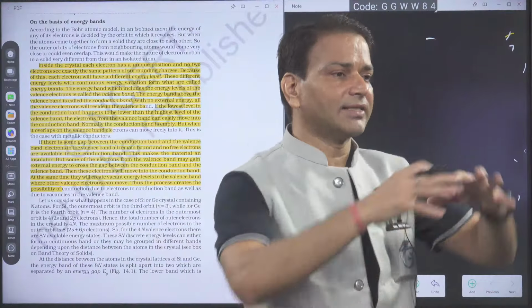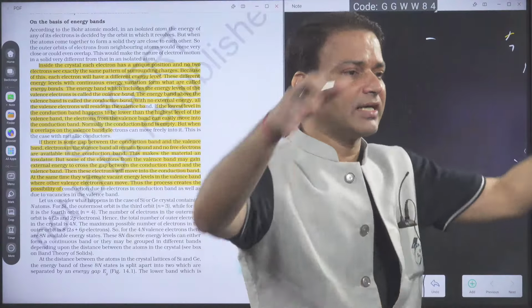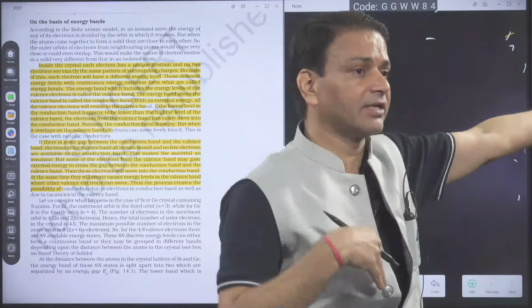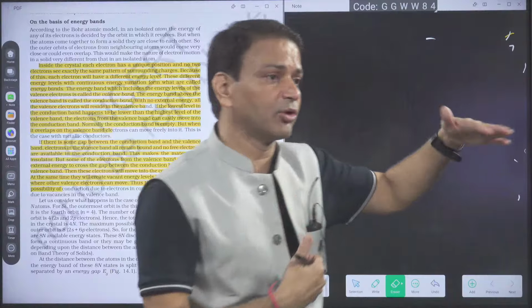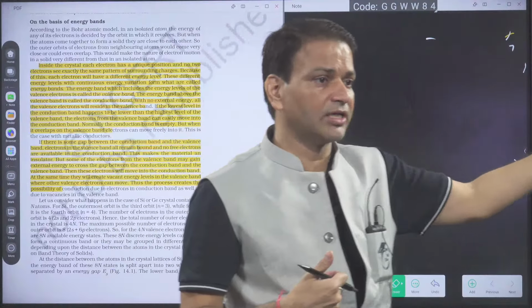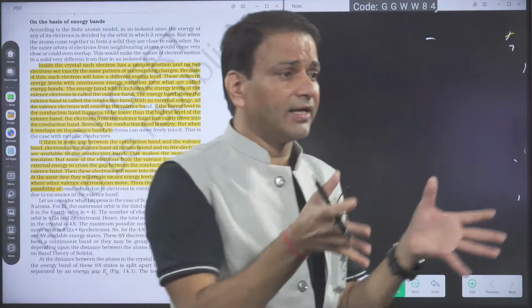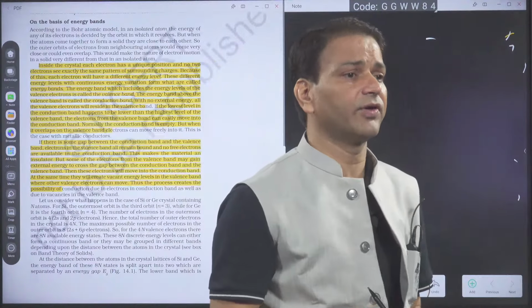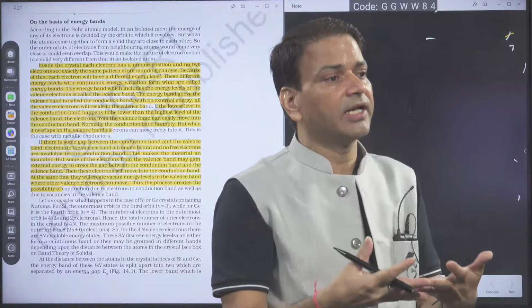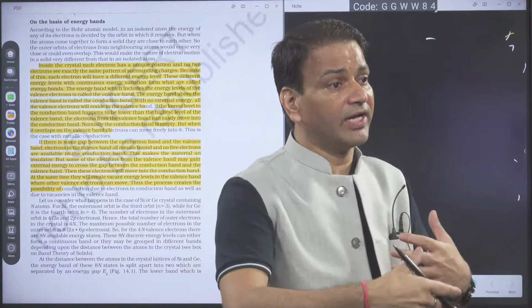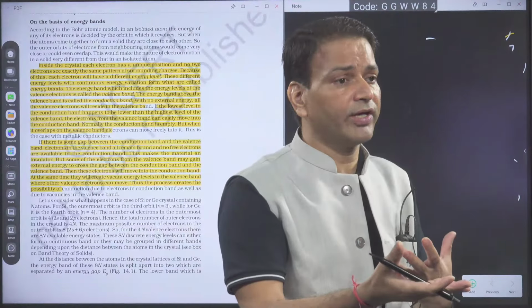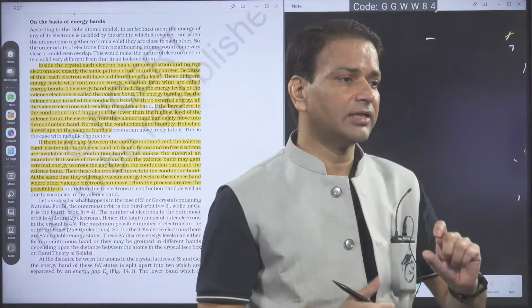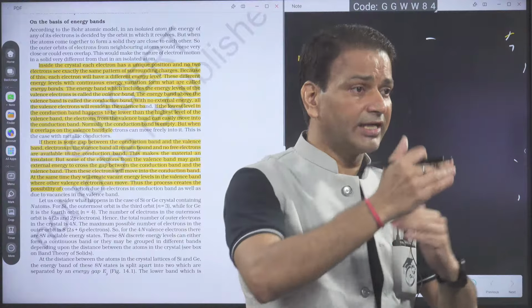Like in a classroom, suppose students are sitting; those in the middle interact with more students. Those sitting near the wall have less interaction, because on one side there is no force due to a student. Like that, in the crystal all electrons will not interact equally. That's why electrons will have different energies. So that's why we define the energy band, which means a range of energy. The n valence electrons will not have equal energies; they will have different energies. That's why we define the energy band as the range of the energy.